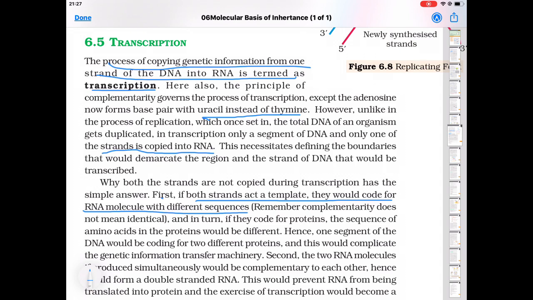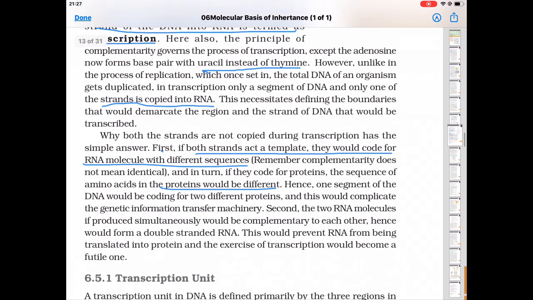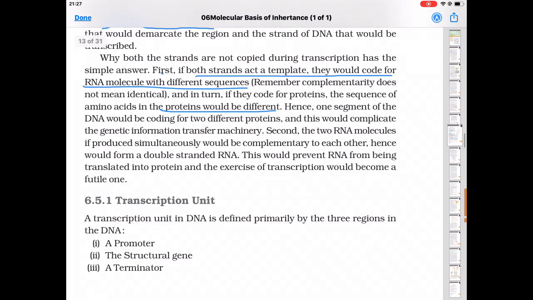and in turn they code for proteins. The sequence of amino acids in the protein would be different, because different amino acids will be there. If different amino acids are there on the two complementary strands, then different proteins will be formed. Hence, one segment of DNA would be coding for two different proteins, and this would complicate the genetic